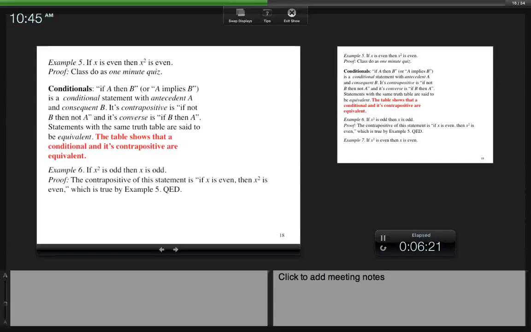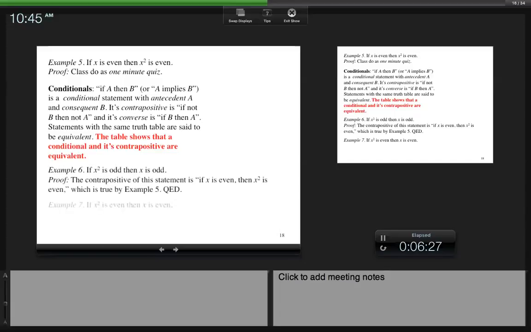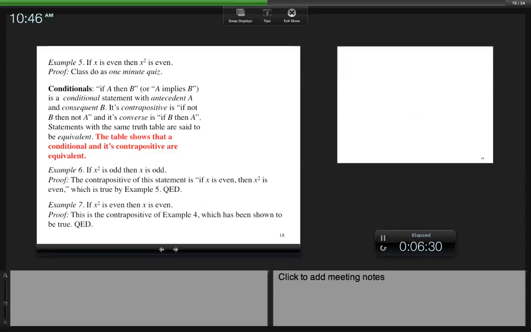So I have the image, the truth table, missing over here. But what we're going to do is look at two examples where you prove the original conditional statement by proving the contrapositive statement is true. So let's say, for example, if X squared is odd, then X is odd. If you want to prove this statement,